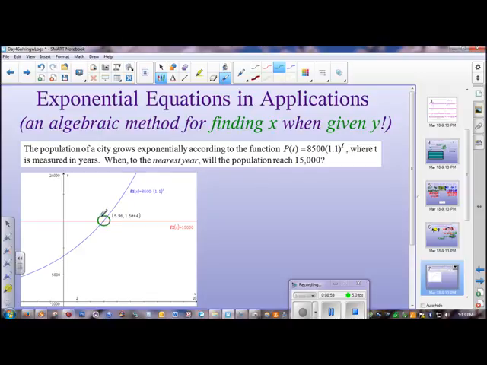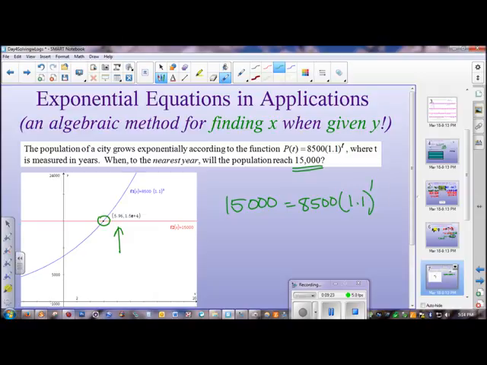Once we found the intersection point, we knew what our solution was. We knew that the time measured in years here would be 5.96 years. Well, now we can take that same equation and we can solve it exponentially. When I have a final value of 15,000, I'm filling in 15,000 equals 8,500